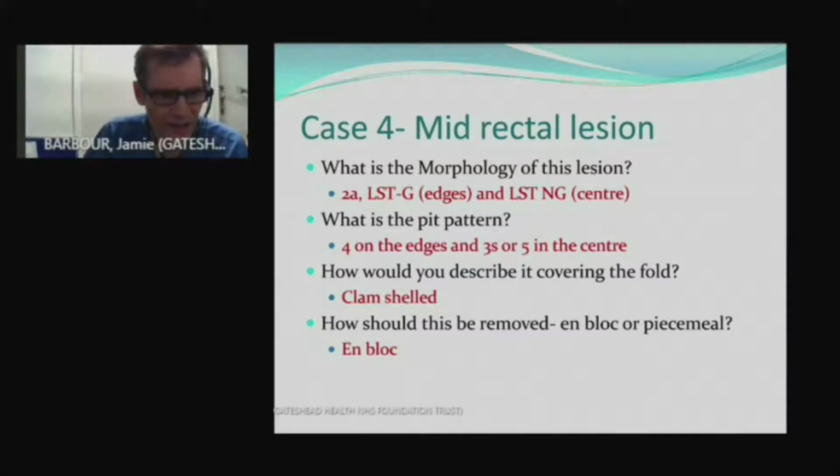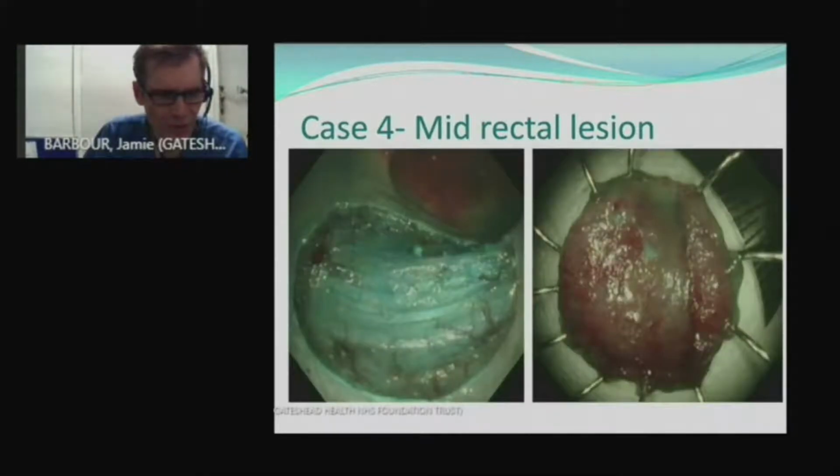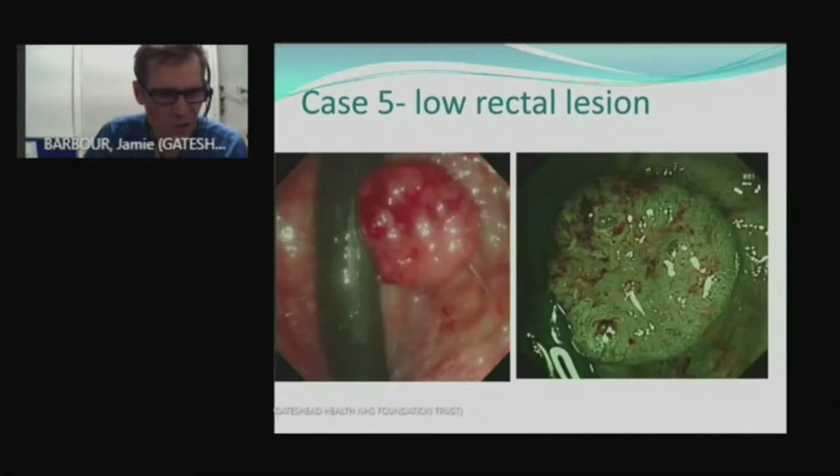in that. And that's it, removed en bloc and pinned out, and it was actually benign with high-grade dysplasia, but it was removed en bloc, so you don't need to actually come back to it. Now with ESD, you often think many polyps or all polyps can be potentially removed, and this is a low rectal lesion. It's about 2 centimeters in size, maybe 18 mils compared to the scope, and